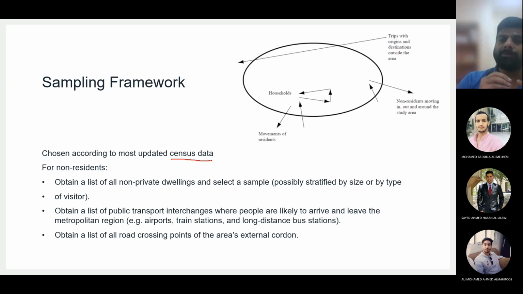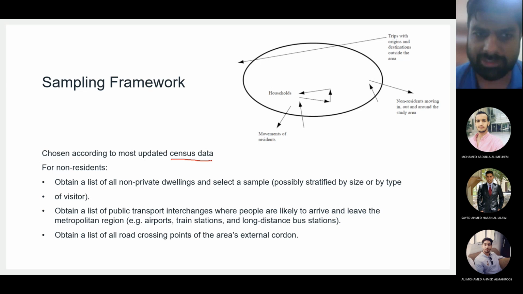In the case of transportation, we have the luxury that most of the time our client is a government organization. Transportation projects are managed by government organizations. So you may ask them to give you updated data even if it is not published. Usually the census data is published after 5 years, 10 years, but it is collected every year. So if your client is a government organization, you may ask them, I need this data, and they can give it to you, even if it is not published. But whatever the most updated data is, take that one. Try to get the most updated data about the population.